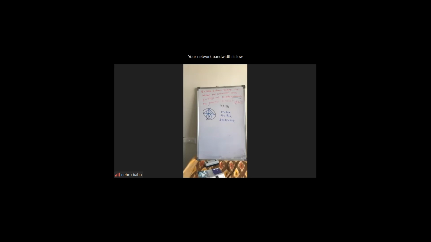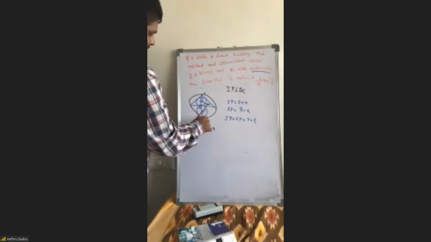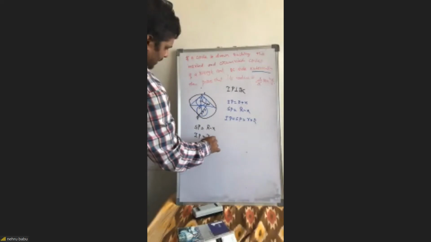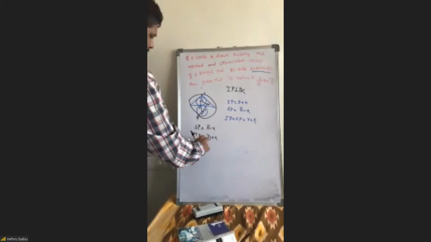Yeah, that is finding only. Here the SP length is clearly what? If you assume this radius is X, the SP length is clearly capital R minus X. The SQ is R, the circumradius. So the SP length is capital R minus X, and the IP length is small r1 plus X.